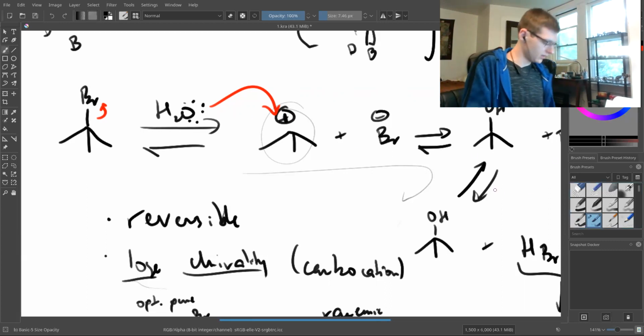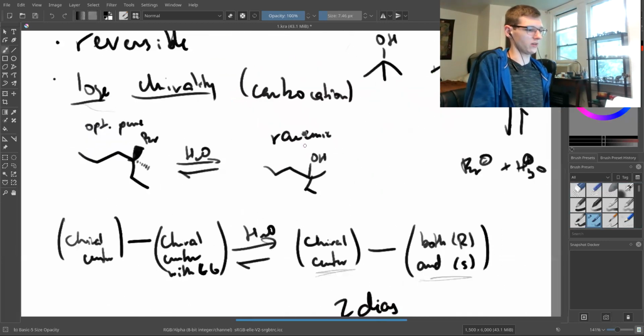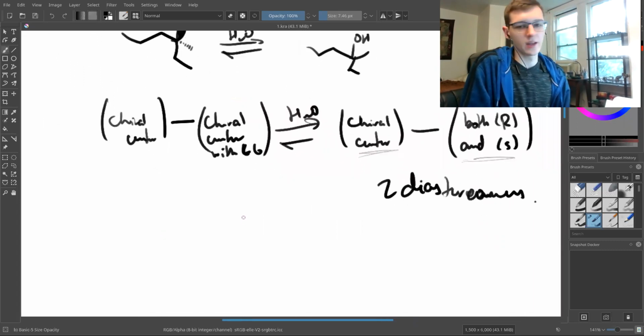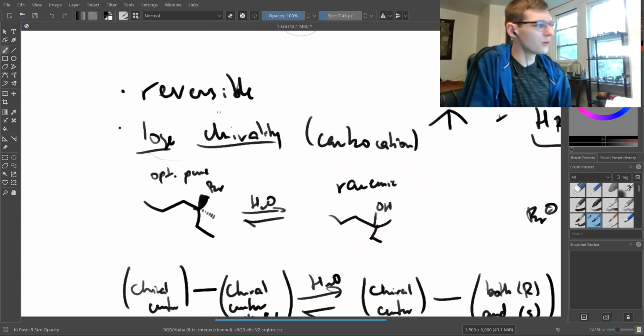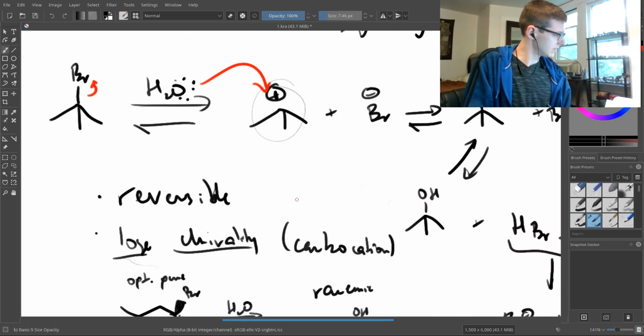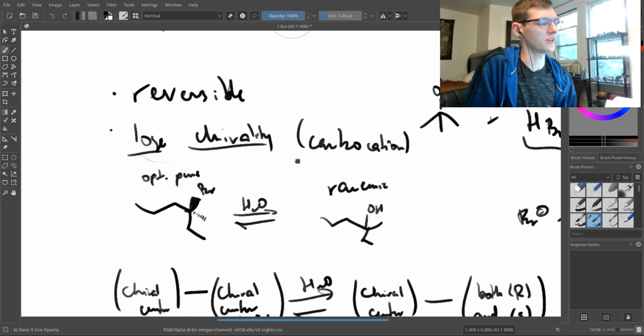Okay. Let me get rid of these extra markings. Oh, oops! I erased diastereomers. Okay. So important points are it's reversible. You lose the chirality. There was a third point. Oh,